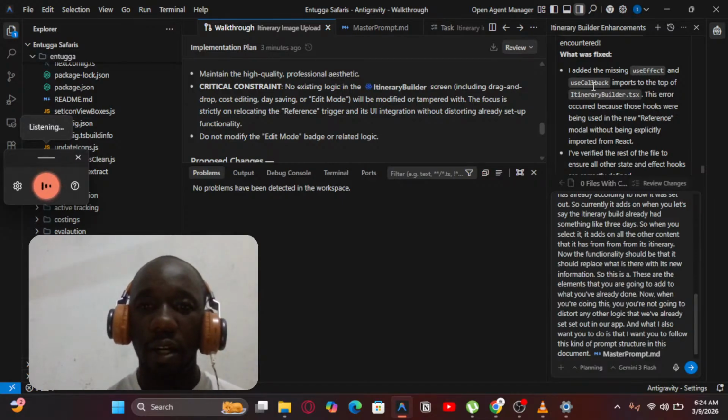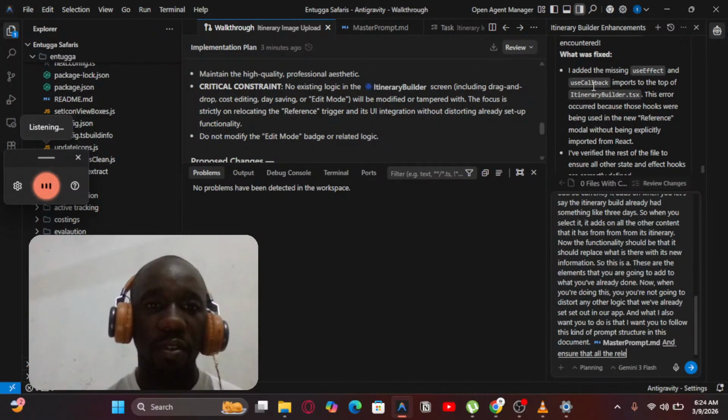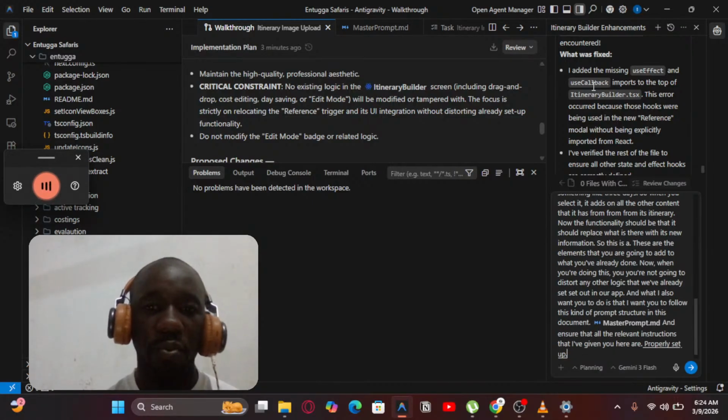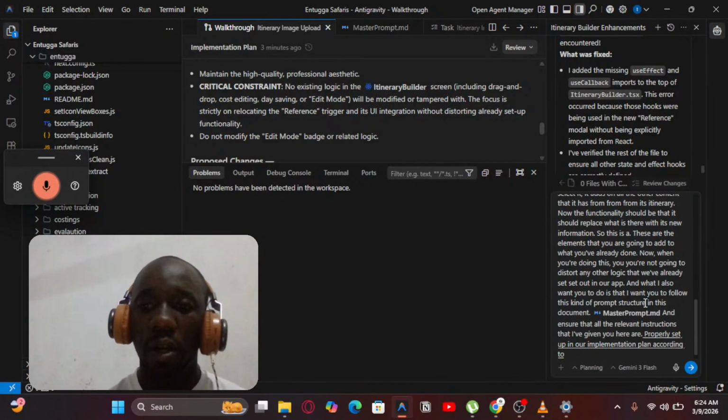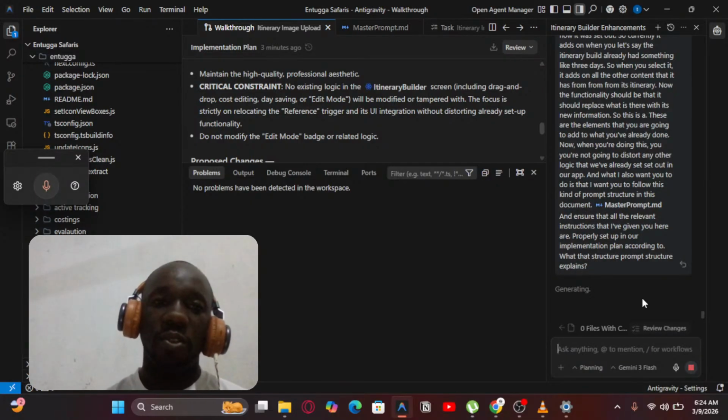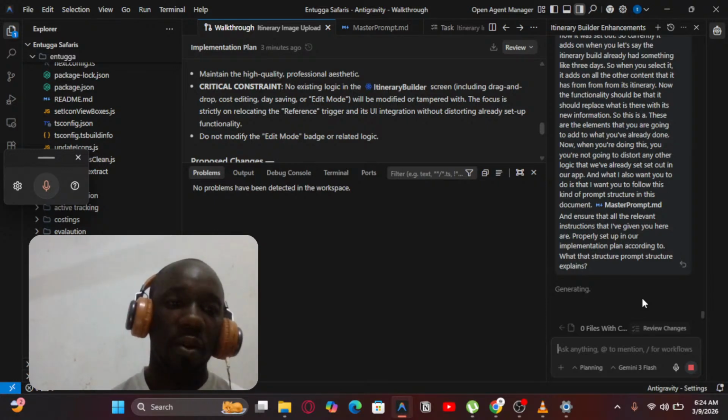And ensure that all the relevant instructions that I've given you are properly set up in our implementation plan according to what that structure explains. So the reason as to why I mostly use this prompt structure,